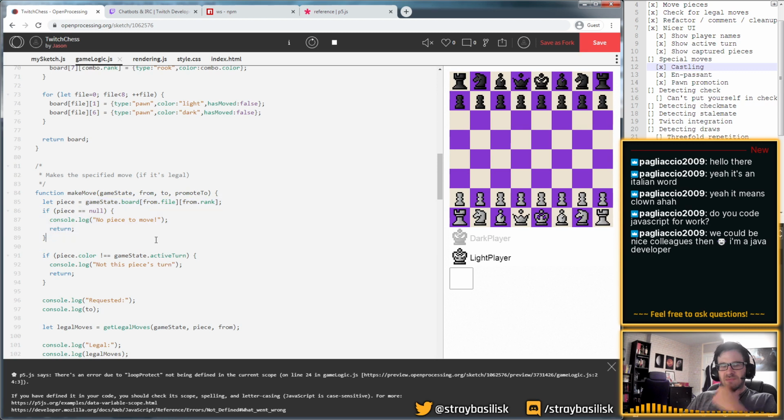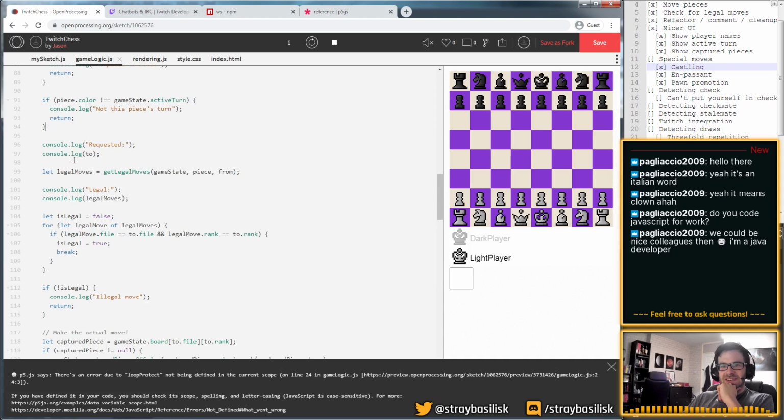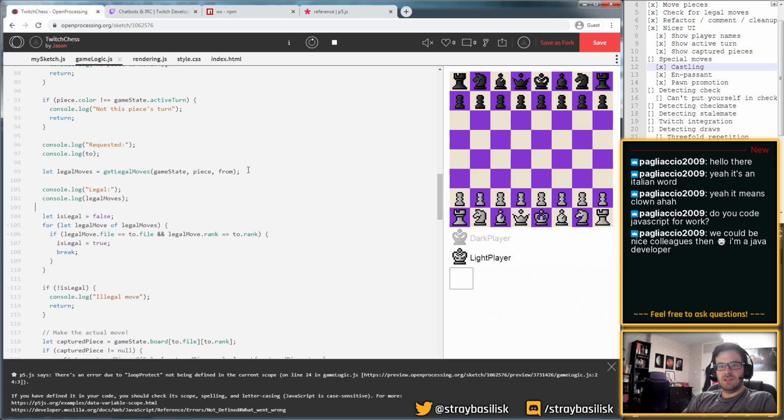Here's the making move logic, and the way this works is it does some checks, like is there a piece? You give it a from and a to location, checks if there's something there, checks if it's that color's turn. It then calls this thing, which will enumerate all the possible tiles something's allowed to move to. One thing this does not do is check for checks, right?